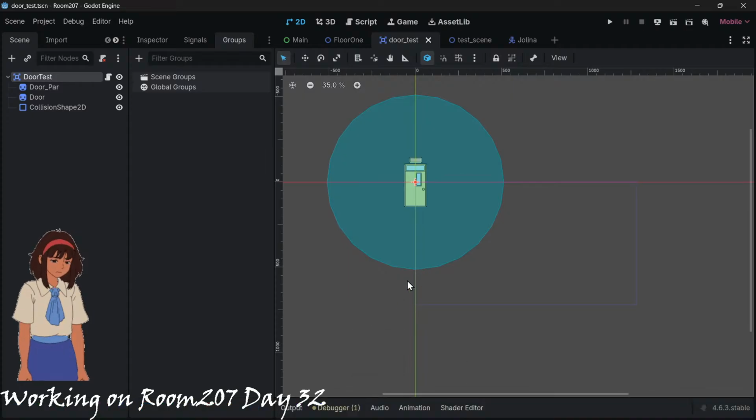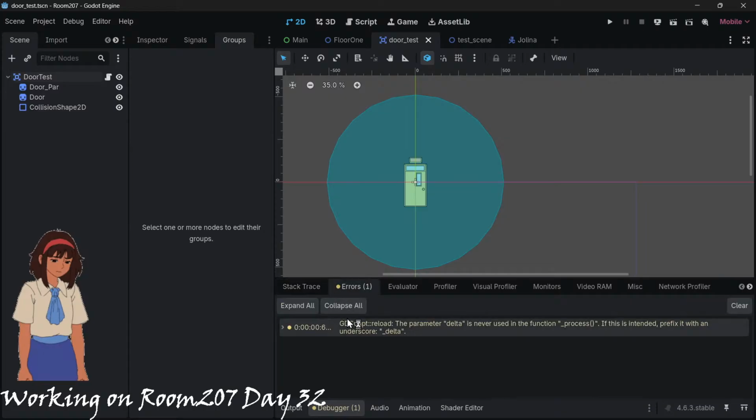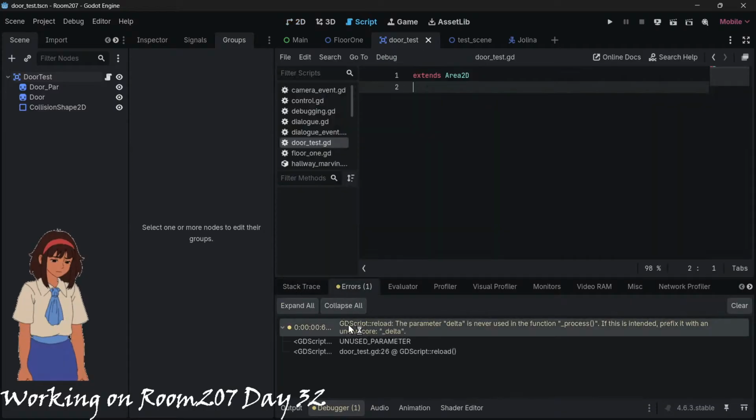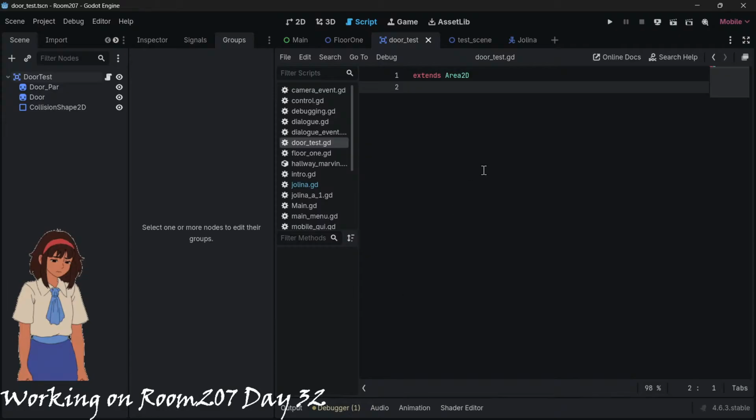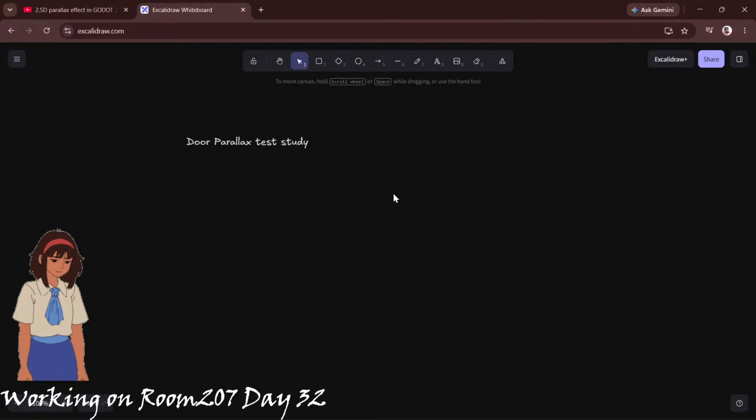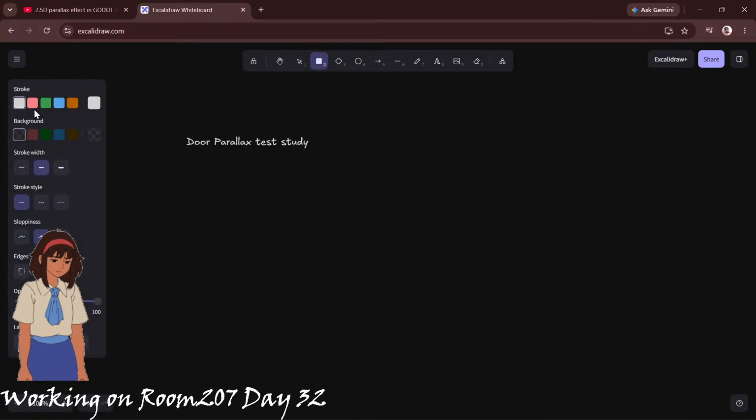Alright, so we're going to attempt to make a parallax here. So what we want to achieve is that, so we have the, then the